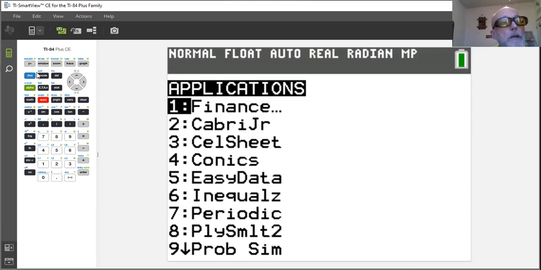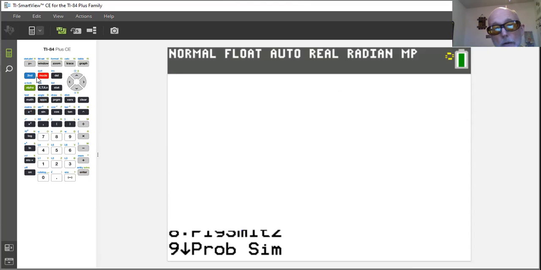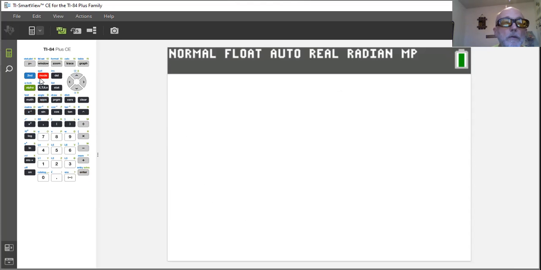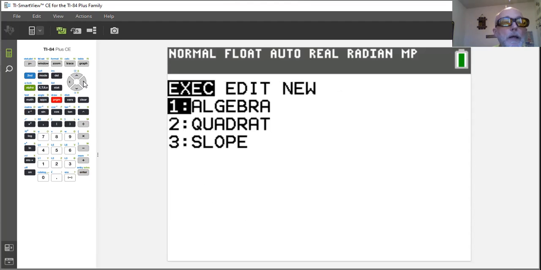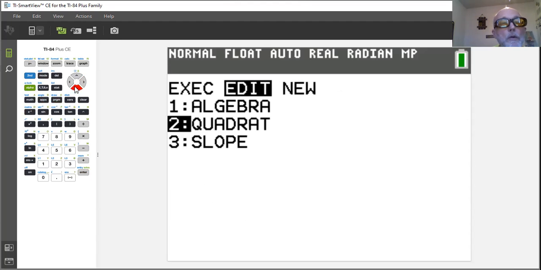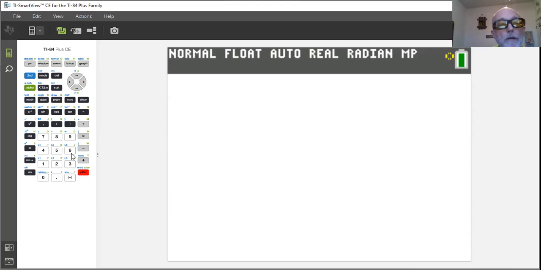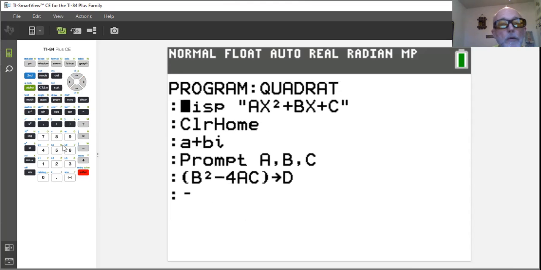So I have to clear out of there. Start all over. We can do it. Hit the program, go over to edit, then go down to number 2 and hit enter. Okay, where were we? We were just about to say negative b. Okay, so that was alpha b,